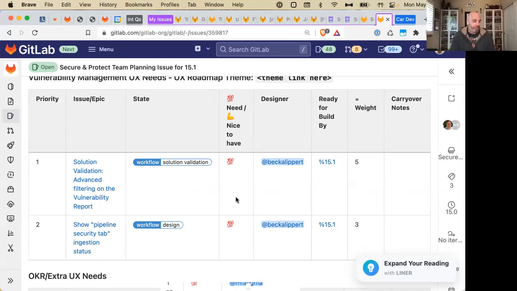Is that filter pattern something that you're wanting to push beyond just secure and protect, like something that would get updated to pajamas? Yeah, that's kind of the problem. I'd want to change the functionality of the filtered search component.